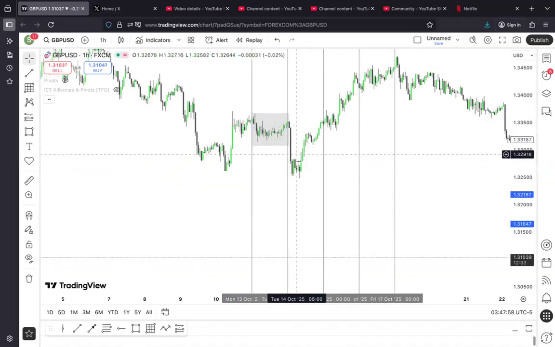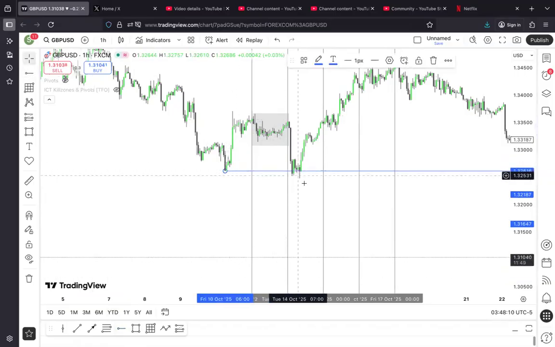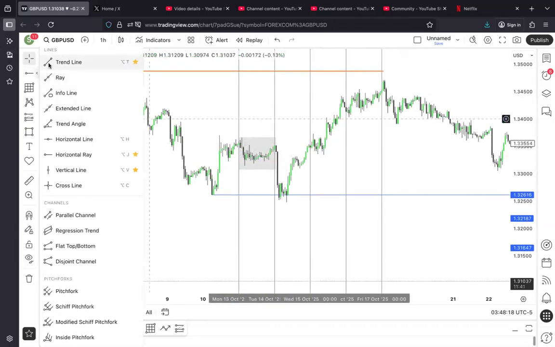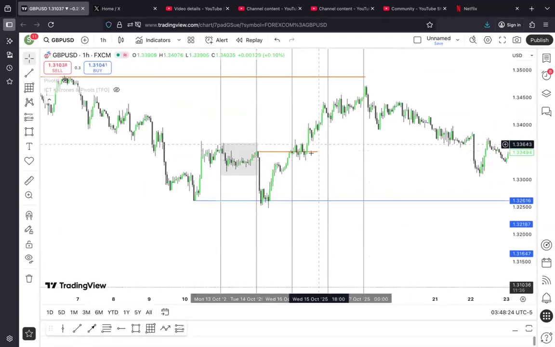And on Tuesday, see the way price came down, manipulated below this low, and also took out, I think, last Friday's low. Boom. All right. Forming what? Potential low of the week. But it has not been validated until you have a change in state of delivery, which eventually happened here. So once you get a change in state of delivery on your H4 or H1 time frame, then for the rest of that week, except on Friday, you want to continue to buy.